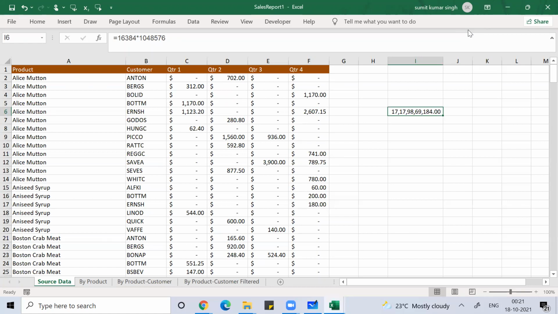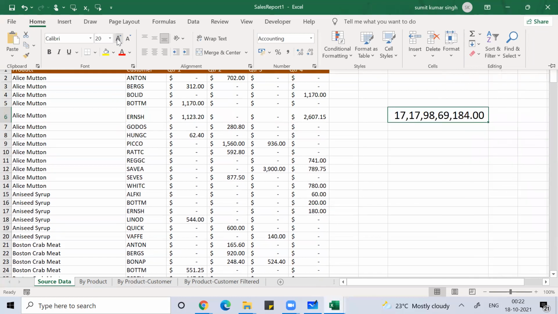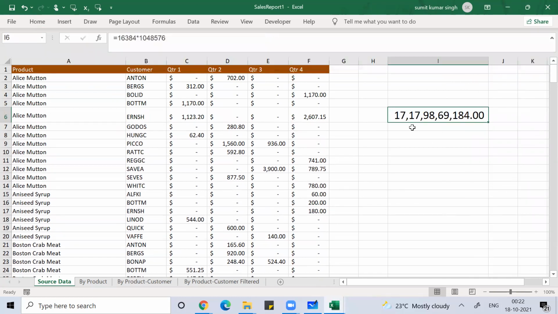When we are working in a workbook in MS Excel, each workbook can be divided into n number of worksheets, and each worksheet is made up of cells. So you can see you have these many cells. For the calculation, I can press F2. If I want to enlarge this cell, I can go to Home and click on the plus sign to find out the actual value, how much this means. So this calculation you can do by yourself.